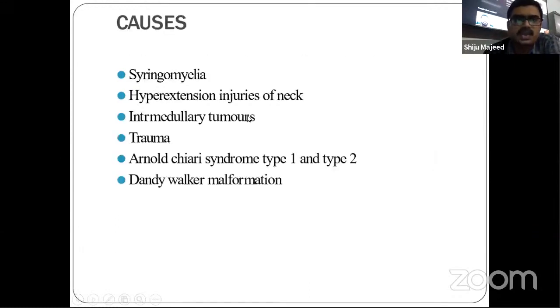So a classical example is syringomyelia, then trauma. Sometimes in patients with cervical spondylosis, you can get hyperextension injuries to the neck, where there will be edema